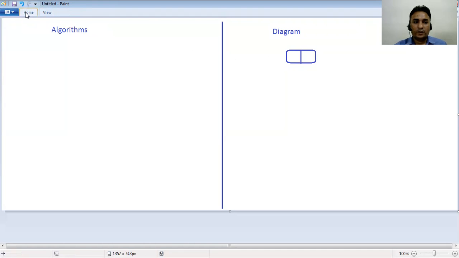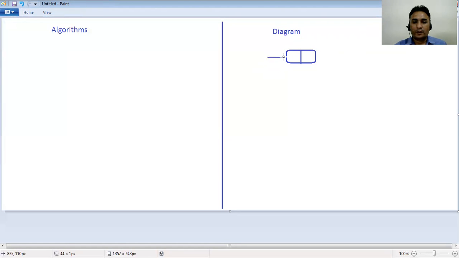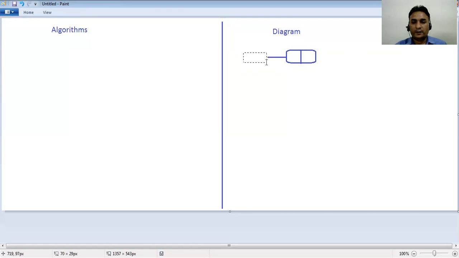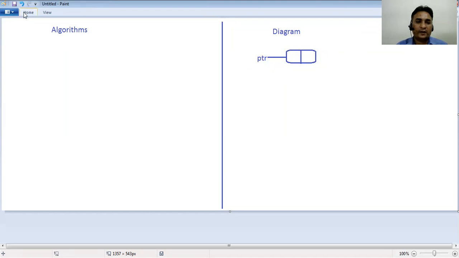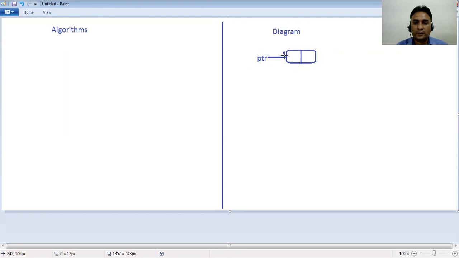So this is the node, having the address of this node in the PTR variable. PTR is a variable which can hold the address of this node.